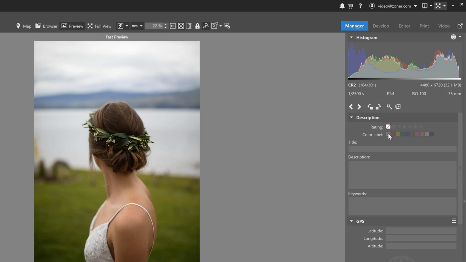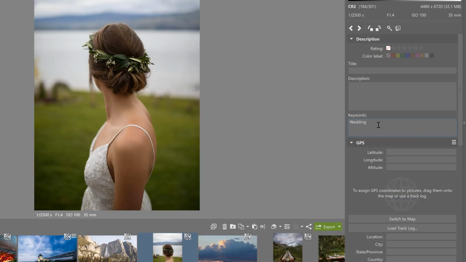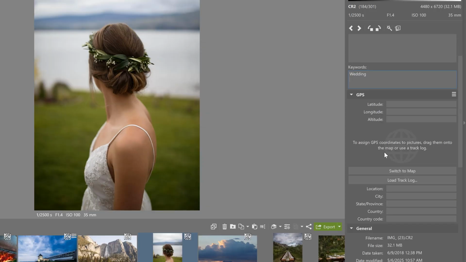You can also use color labels to label your photos. Now, if you're interested in learning more about ratings and how to use them, we created a video on that. You'll find the link here, but also it's in the description. You can assign keywords or use GPS data to display your photos on the map. You'll find more about how to work with keywords and GPS locations in this video here. And of course, the link's in the description as well.